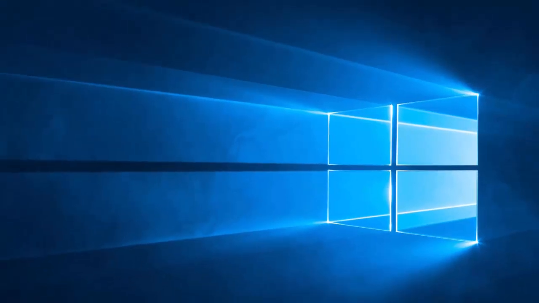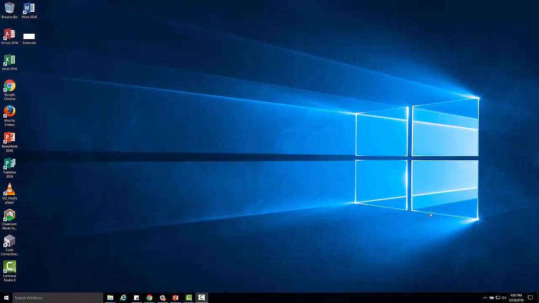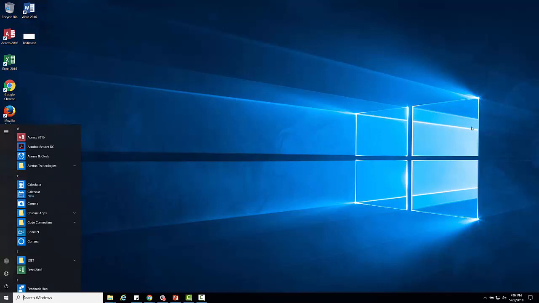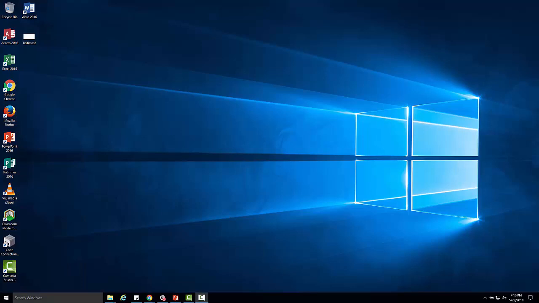Now let's take a second to talk about Windows apps. As mentioned earlier in the video, the Windows 10 operating system allows users to access applications through this Start menu, which shows all applications that are available sorted alphabetically. You should already have a wide variety of applications to choose from as part of the default image. However, new applications will still require administrative permission to install on your computer. If you would like to install a new app or a new program, please contact us by filing a ticket through the help desk.